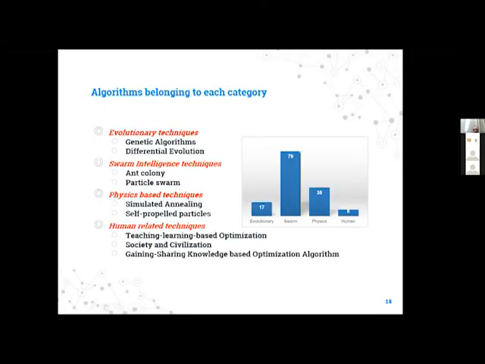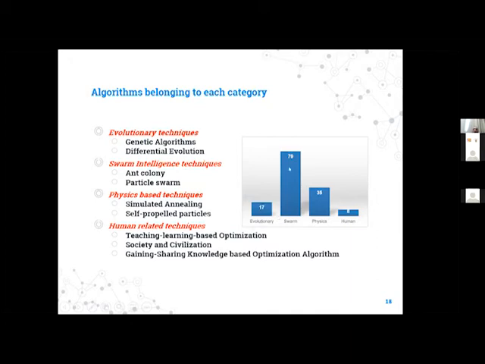Algorithms belong to each category. Now, this is a very good survey, but not a recent or updated one. This survey has been conducted, I think, 2 years ago. Yeah, I think 2 years ago, in 2019, we found that there are 17 algorithms under the umbrella of evolutionary,